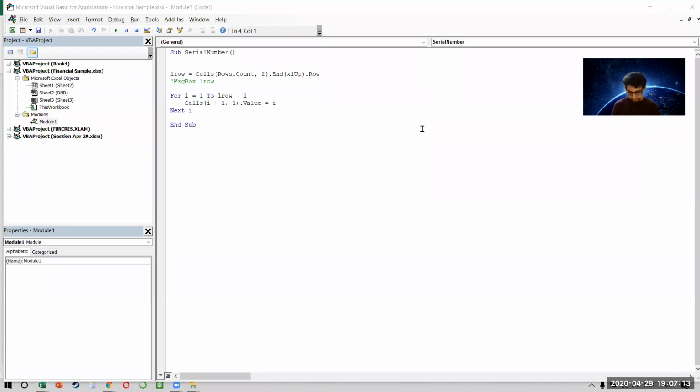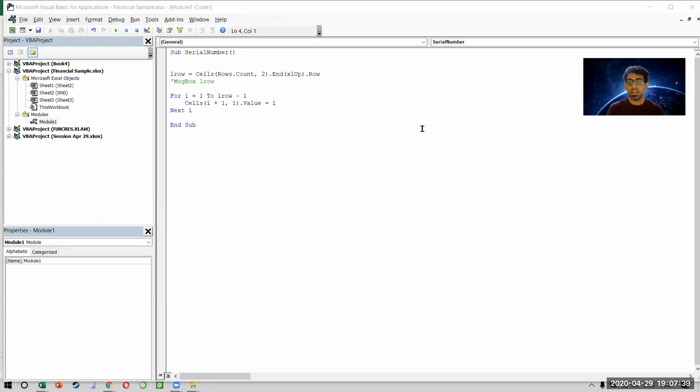Yeah. So as you told, for example, we have to run this across 15 or 16 sheets at the same time. So we'll have to insert a module again and again for the other sheets? No, absolutely not. See, guys, how did I write a number in all the cells by running a for loop? Similarly, I'll have to have a for loop for the sheets as well. Sheets. Okay.